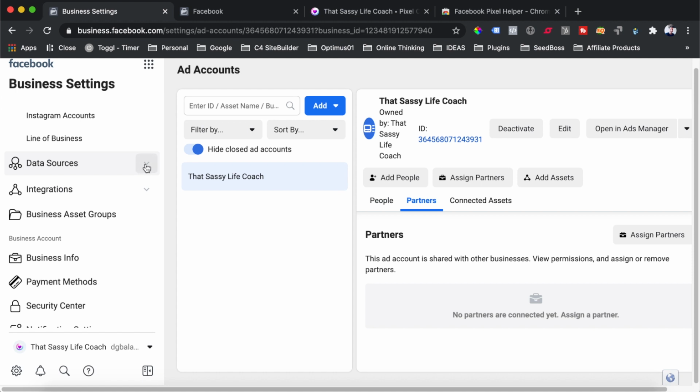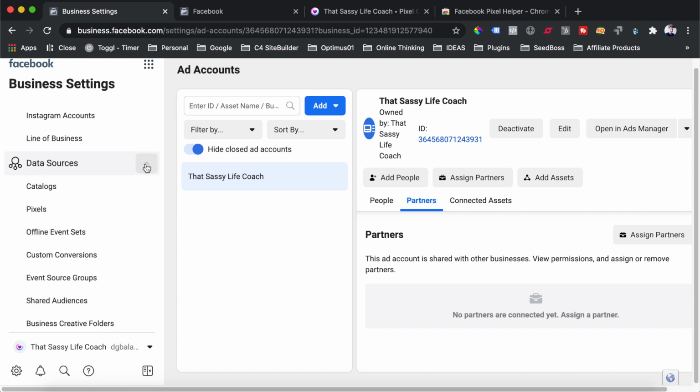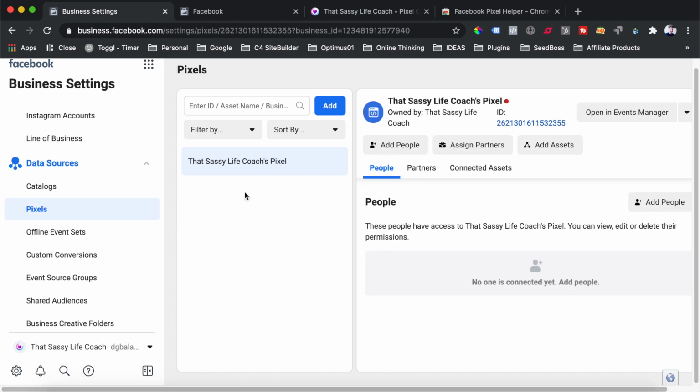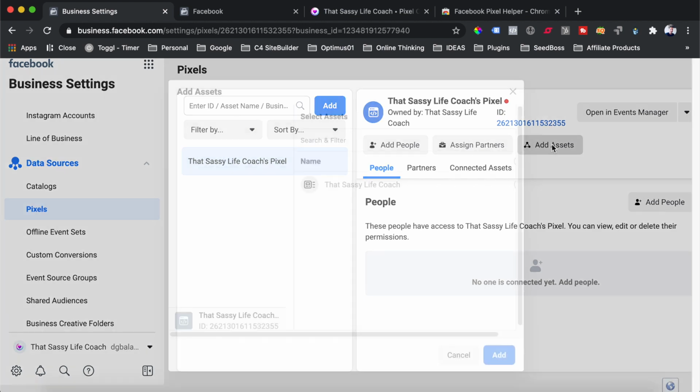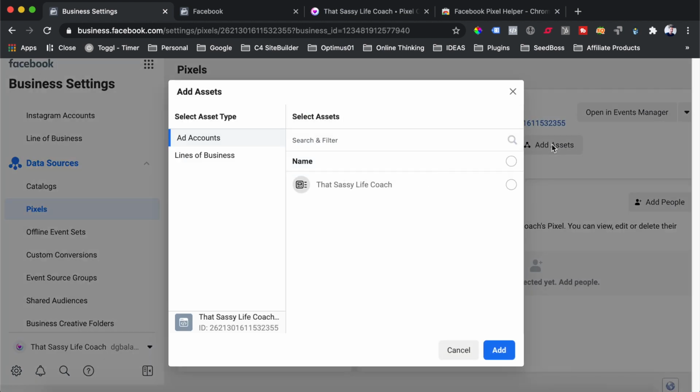Now that our ad account is created, we're going to want to connect it to our Facebook pixel. So we'll head over to our pixels under the left-hand data sources menu, and then we'll see that here is our pixel. So what we can do now is click the Add Assets button, and what you will see here